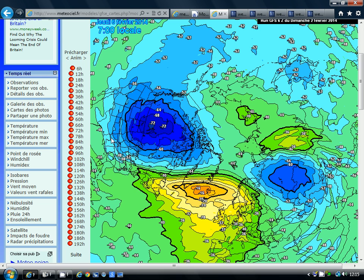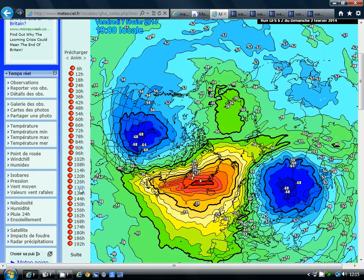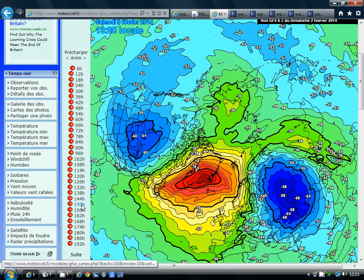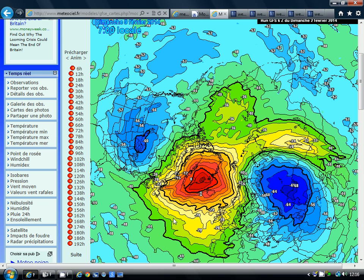This is where we start on the 6th of February, so on Thursday. You're going to notice as we run through these charts, and this is from the website Meteosil, that we do get quite a big warming taking place across Greenland through the latter part of next week. Those red colours very quickly appear. That is quite a significant warming taking place